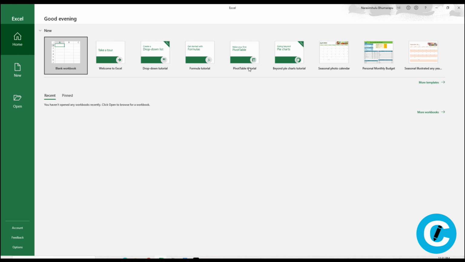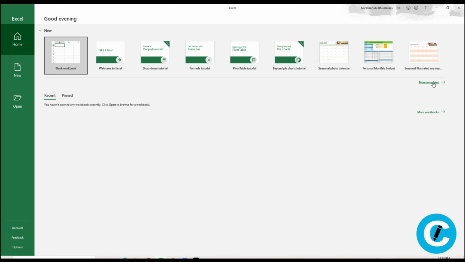Here you can see different templates, and there is a blank workbook which we will be using for our tutorial purpose. There is a welcome tour which is available here. This I will be skipping. And there are other templates which you can use as predefined templates and modify according to your use.